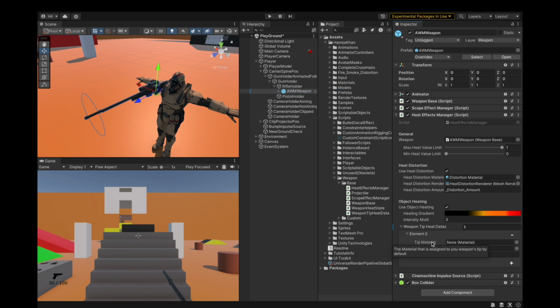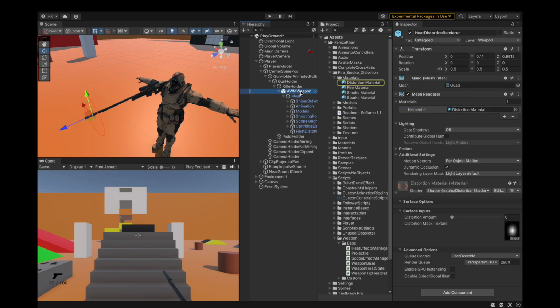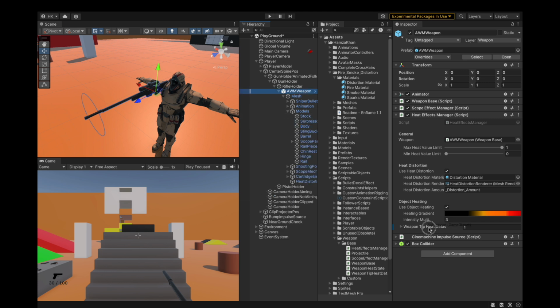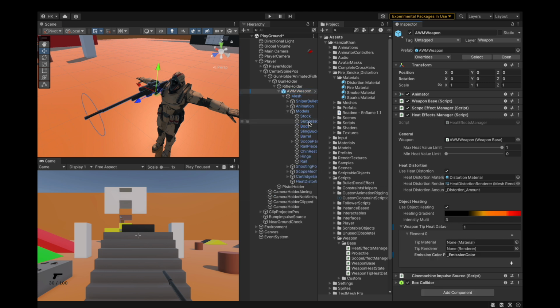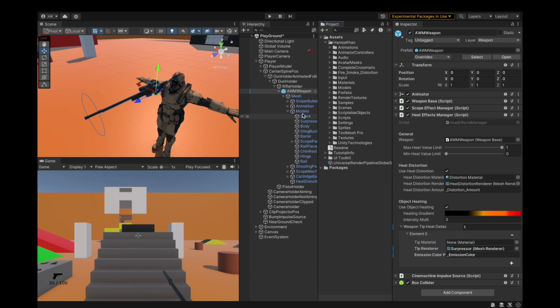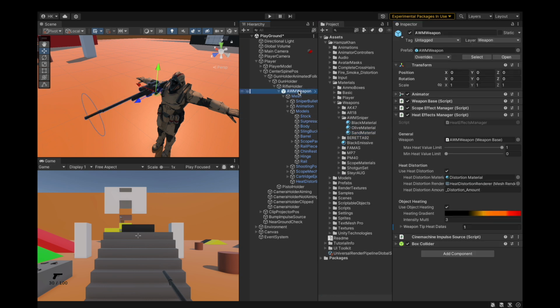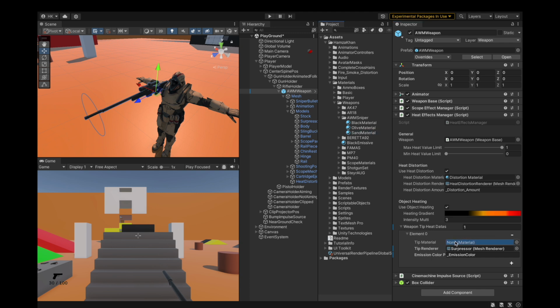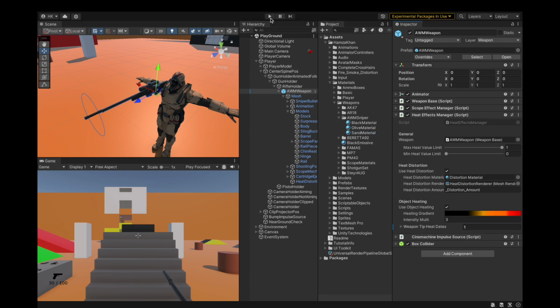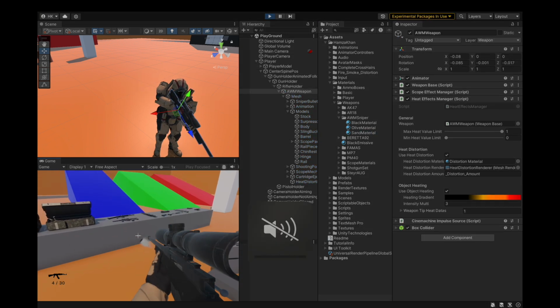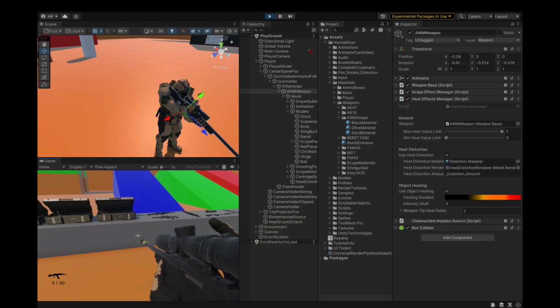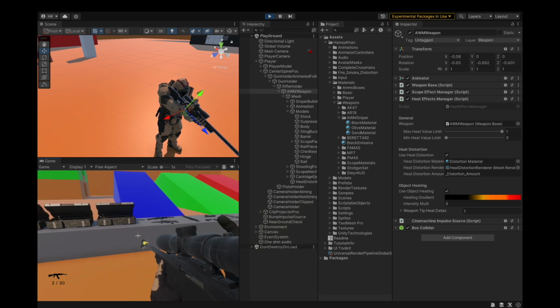Now if I add, see that we got tooltips. Wow, great. I'm going to set it to underscore emission color. And I'm going to pass in the first element. I need to pass in suppressor as a tip renderer. And then over here, if I find the suppressor, we get the sand materials. Pass in sand material. If I hit play again, you'll see that shooting makes it heat up, just like it was previously,